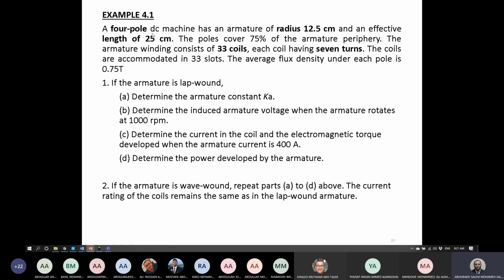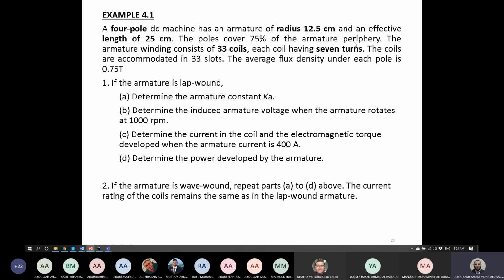So we have a DC machine that has an armature. Armature means the armature winding, which is inserted on the rotor of the DC machine. It has a radius of 12.5 centimeters and a length of 25 centimeters. The pole covers 75% of the armature periphery. It's very important,